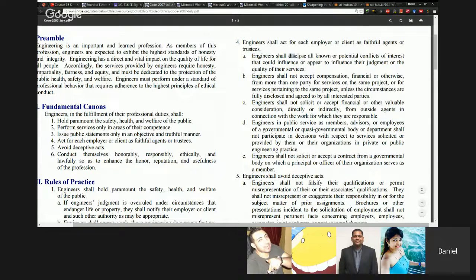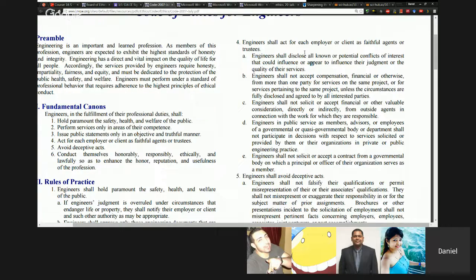So remember, you should disclose all or potential conflicts of interest. Notice that even potential conflicts of interest should be disclosed. You have an obligation not just to do the right thing, but to also provide the appearance of doing the right thing. If it appears that you're doing the wrong thing to the general public, even if you're not, even if you're doing the right thing, then this